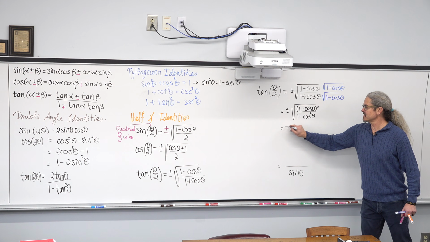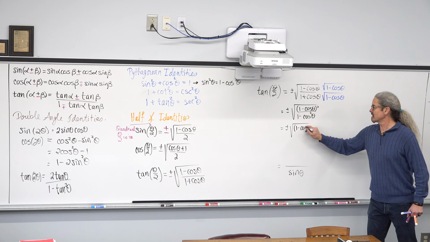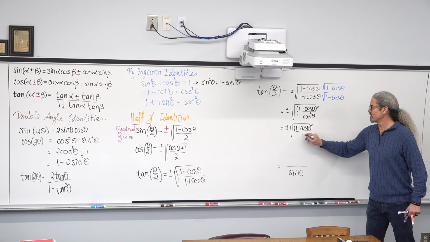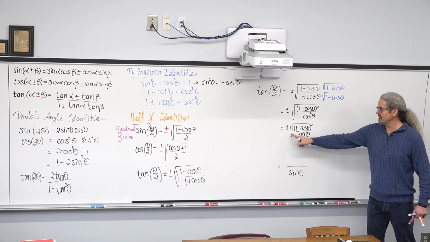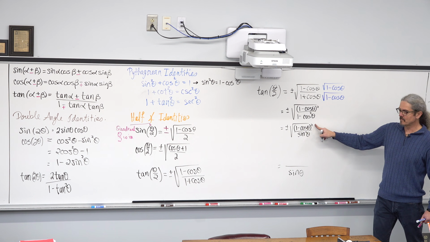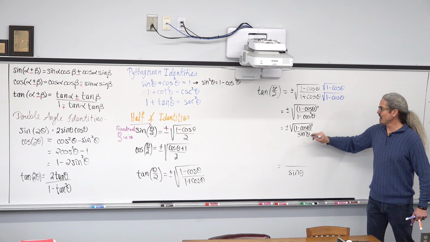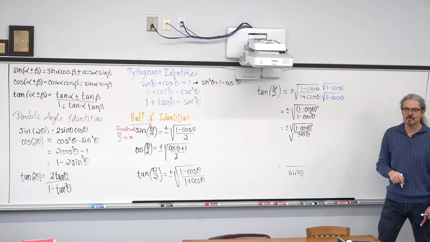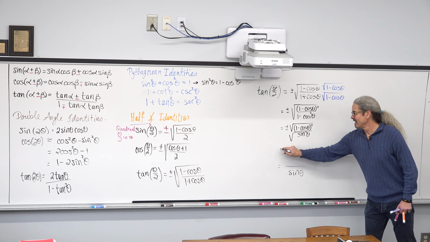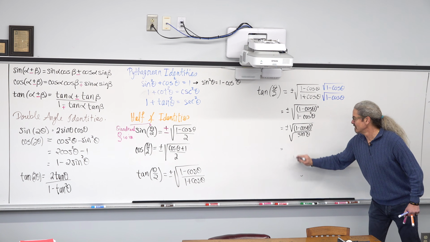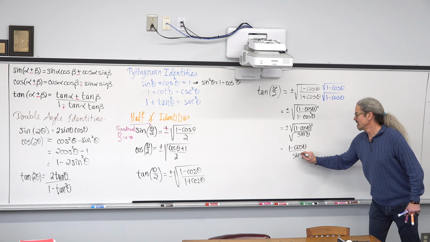So we have plus or minus the square root of 1 minus cosine of theta squared over sine of theta squared. Now, if you apply the even root, what does the square root do to both the square in the numerator and the square in the denominator? When you square root a fraction, you're technically square rooting both the numerator and denominator separately. So what do these powers of 2 and square roots do? They cancel out, and you get, as a final answer, 1 minus cosine of theta over sine of theta.